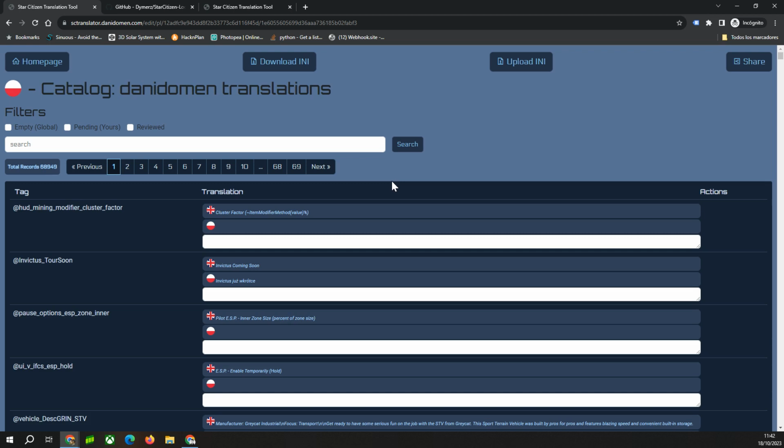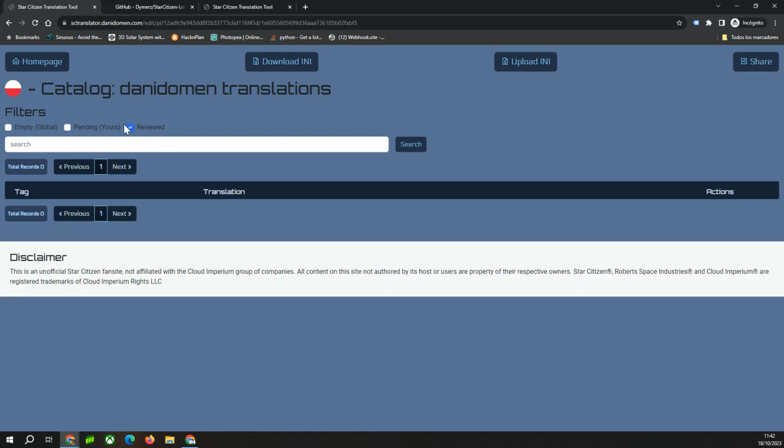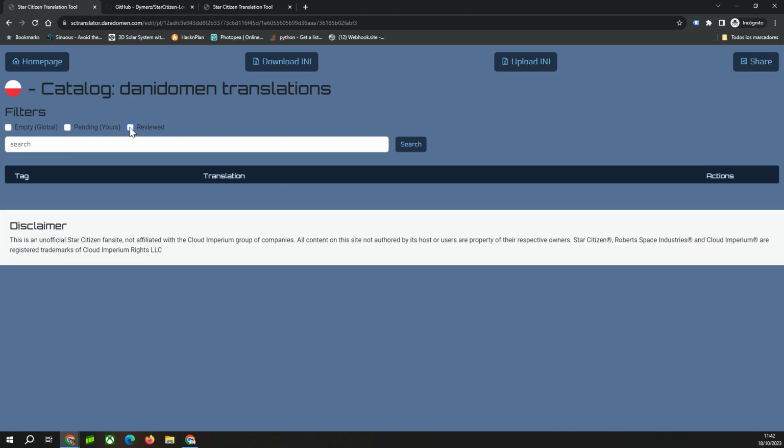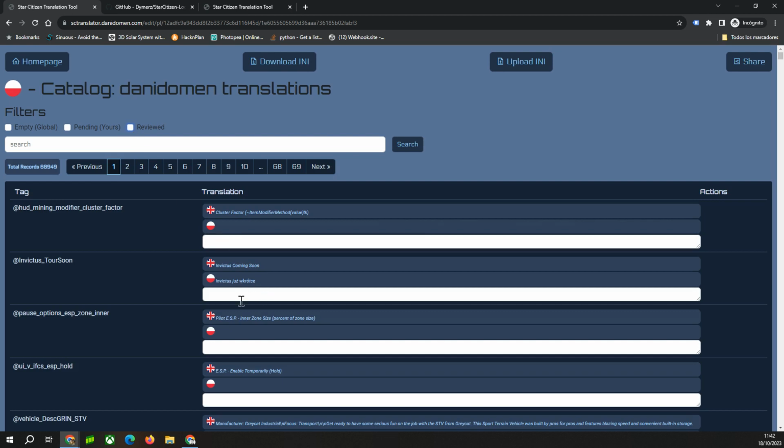it totally updated with your wording. Also, with the filters, you can know when a new wording in English, for example, exists, or which ones are pending that you haven't written, or which ones have something rated by you.